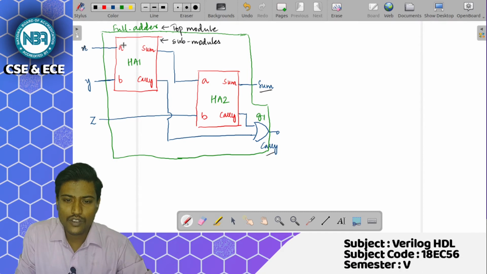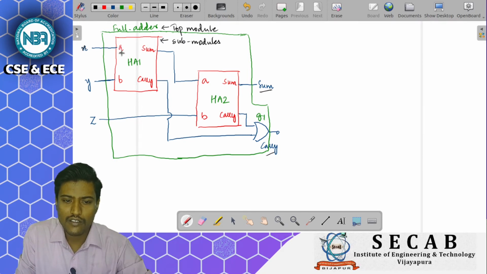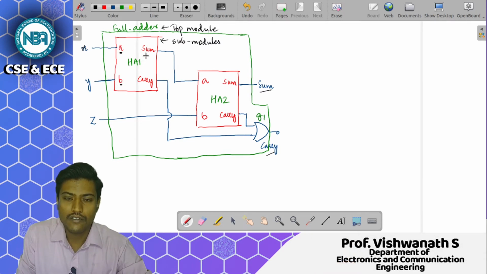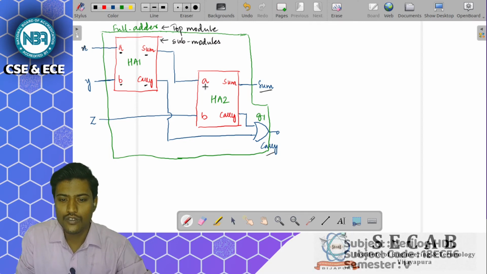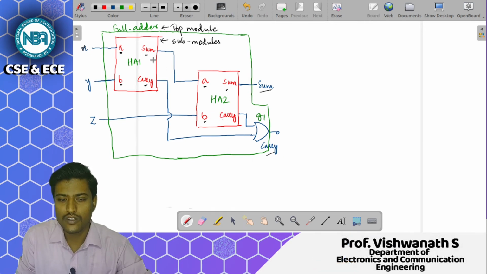For the sub module HA1 we declared our inputs as A and B, and the outputs as sum and carry. Here also it is A and B and then sum and carry, because the same block is being instantiated.